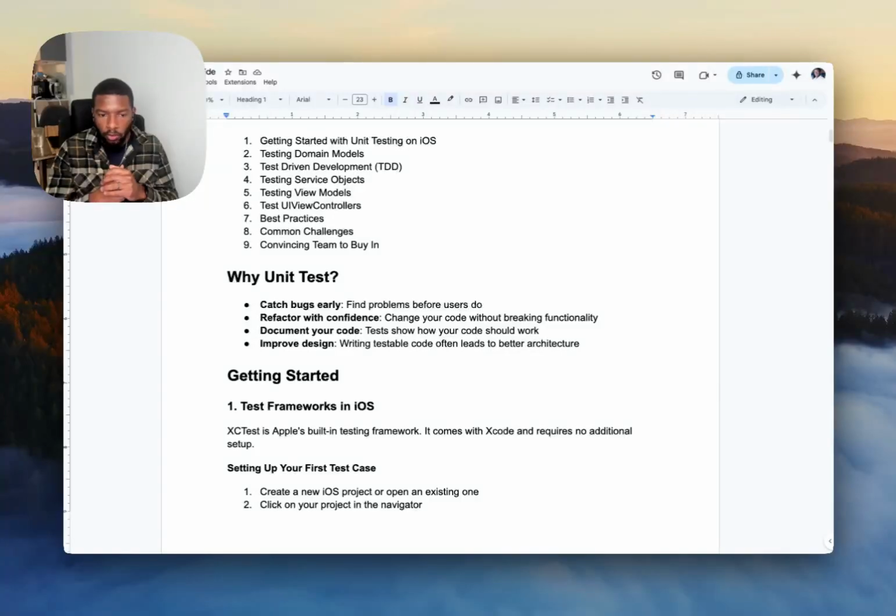So I always suggest to junior engineers and mid-level iOS engineers to start at the unit tests when you join a new team or company. And honestly, I do believe that writing unit tests does add structure to the code base. So, you know, architecture is such a bloated term, but ultimately, writing